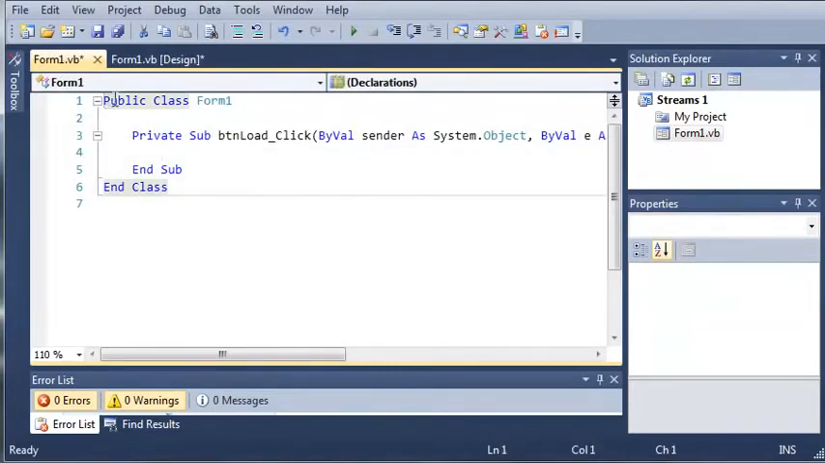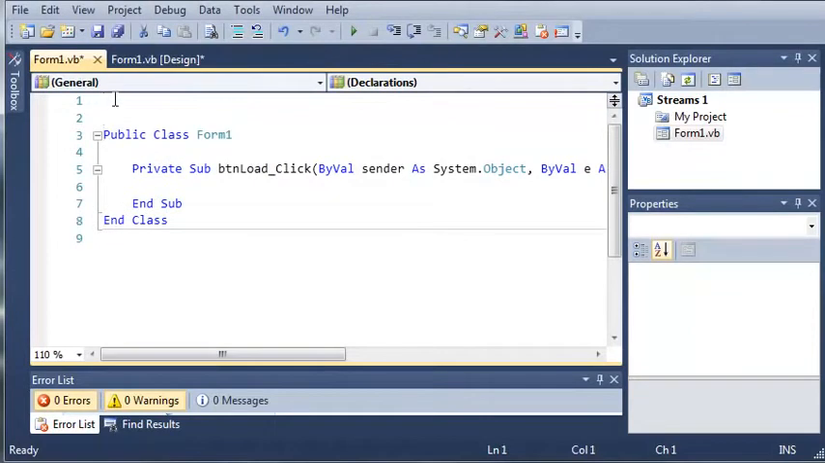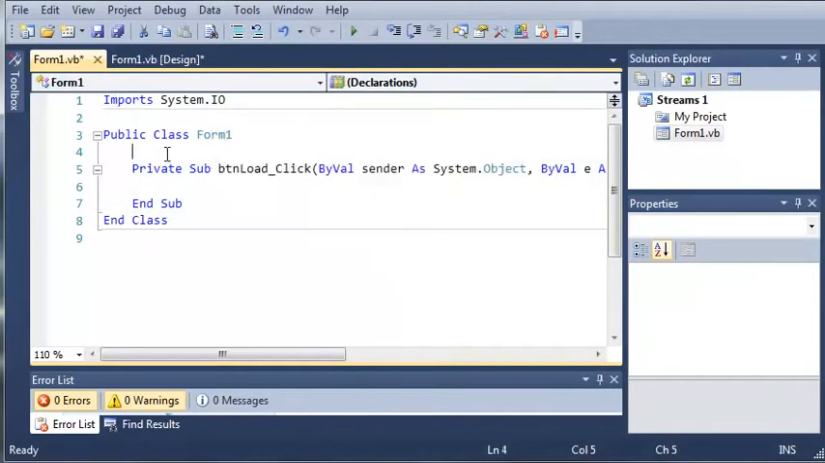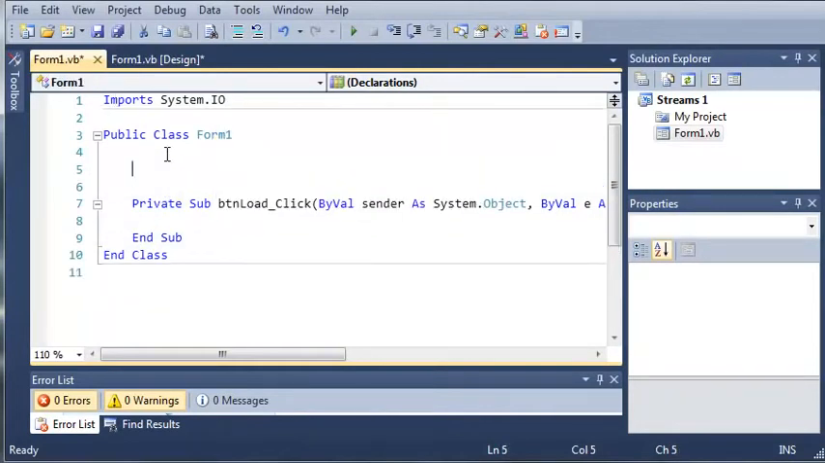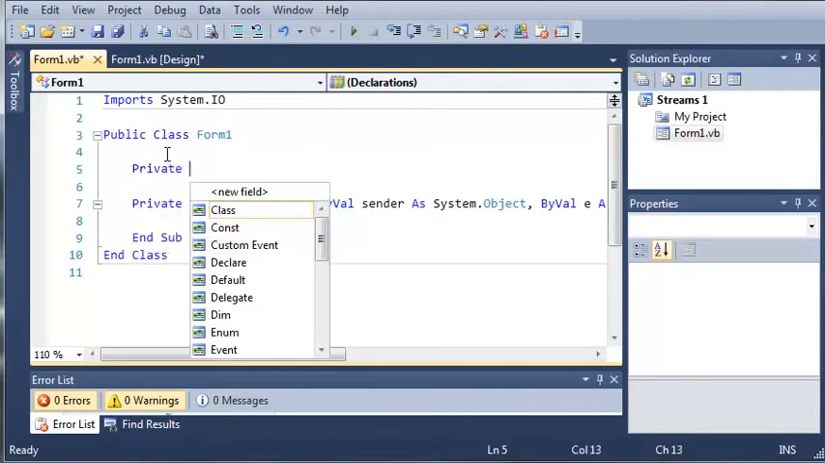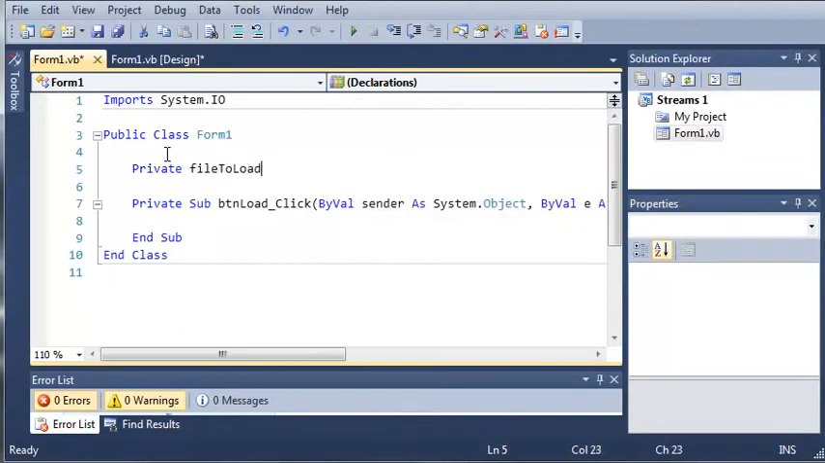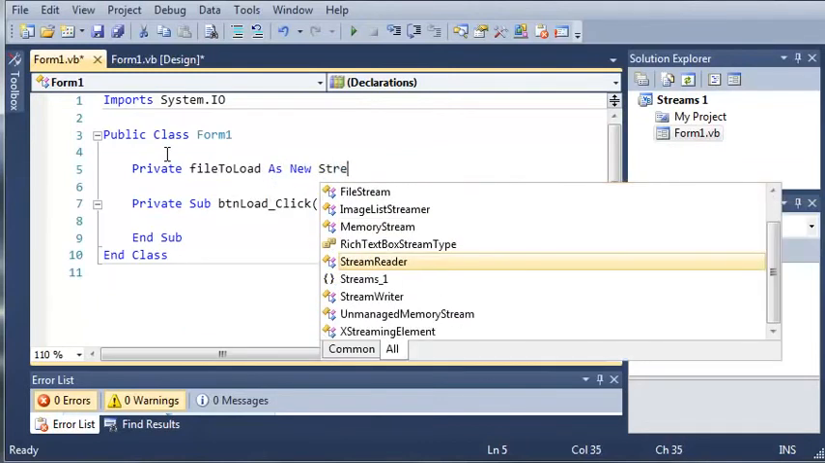Now, just like before, to use any type of stream, we're going to have to type Imports System.IO. This namespace gives us the classes that we can use to read and write to text files. Now there are a bunch of other ways to read and write to text files, but this is just how we're learning it in these tutorials. So we're going to go ahead and declare a StreamReader. So Private fileToLoad As New StreamReader,